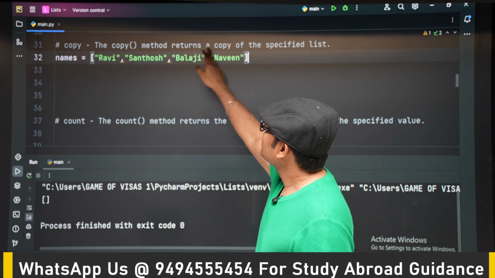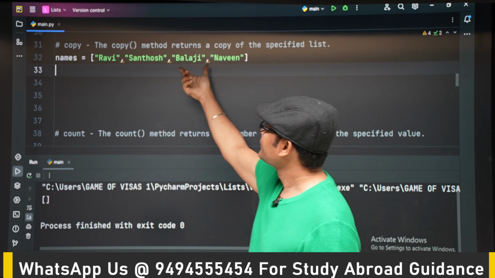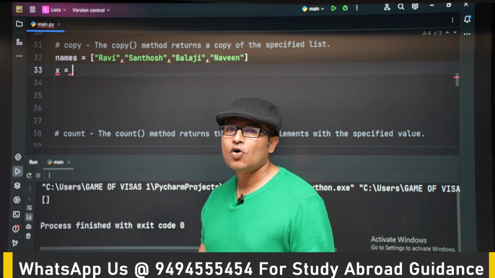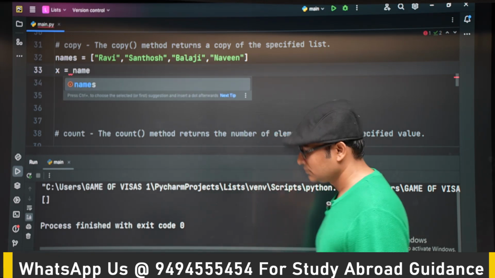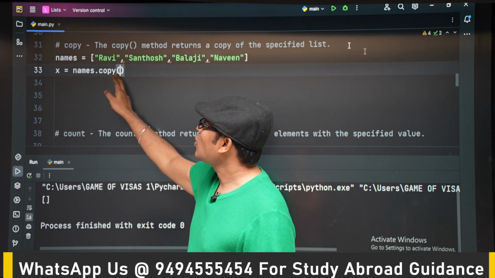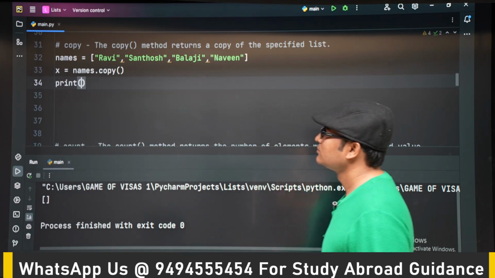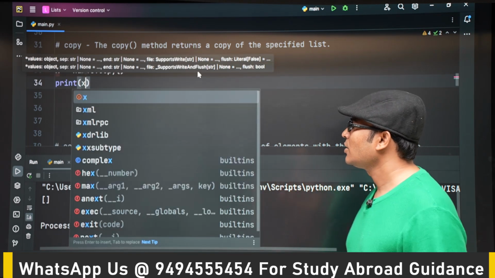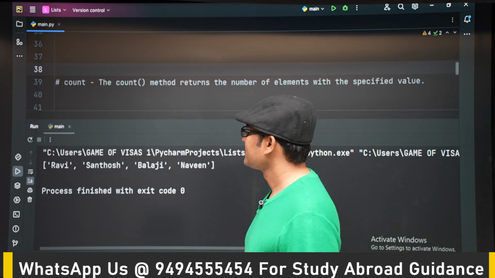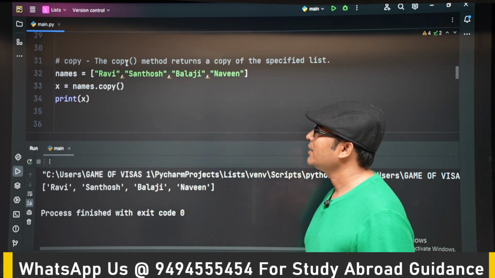Now, the copy method will return a copy of the specified list. So you already have this list. If you want to return a copy of that list, you can do it using copy. So one more list, X, is created, and I'm just copying all the elements from names to X. Now if you see what is inside X, whatever is inside names will be inside X. And the next one is